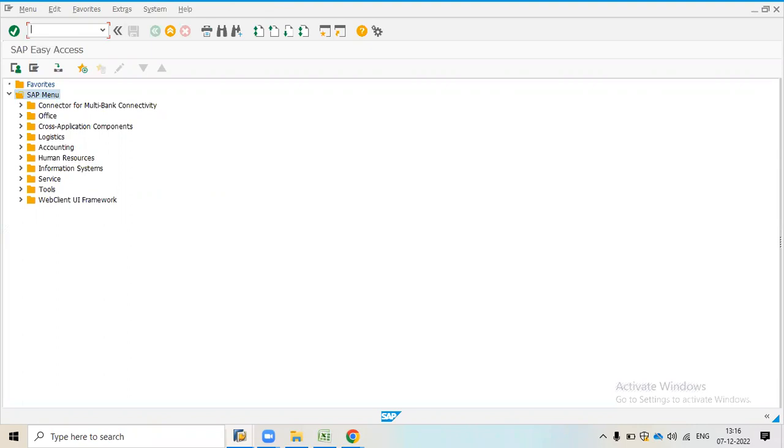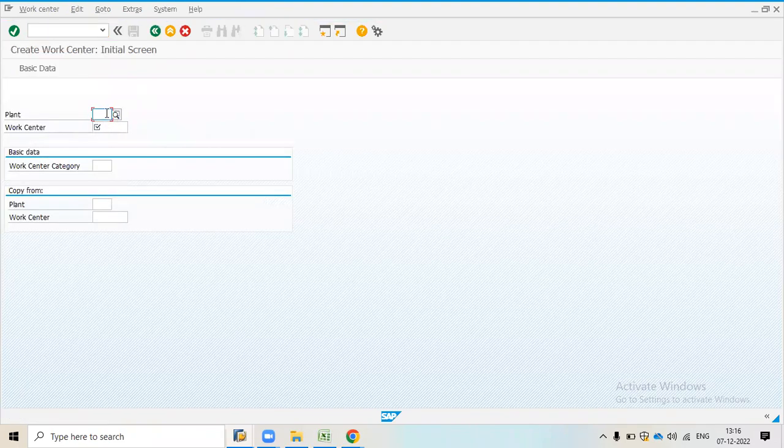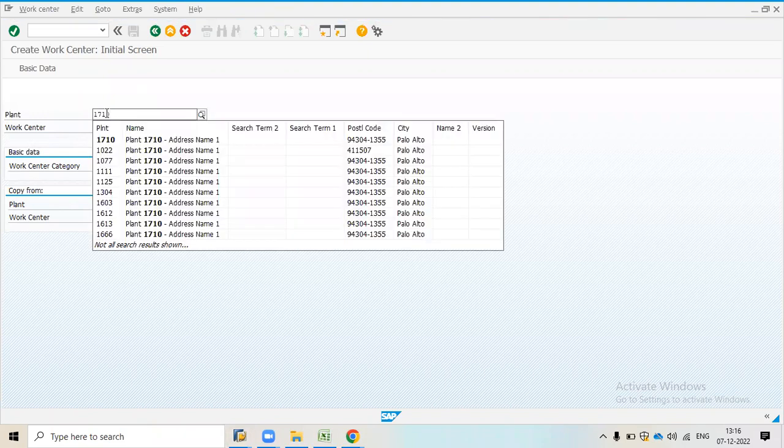So before going to create a functional location, I will create work center. IR01 is the T code to create work center, and I will press enter. Here I will take plant as 1710 because it is a standard plant.